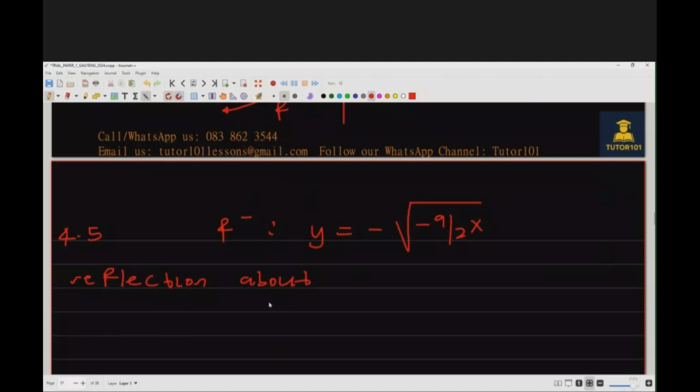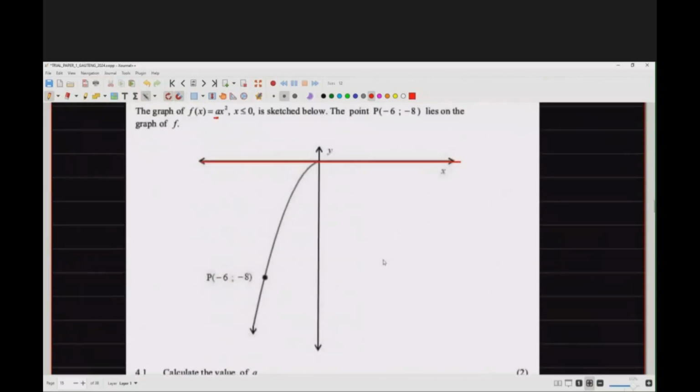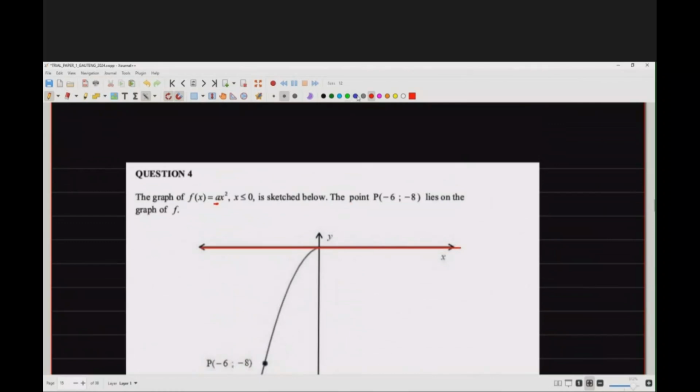And the reflection about the x-axis is going to yield minus y is equal to minus the square root of -9 over 2x. So the basic idea here is that if you have a graph of